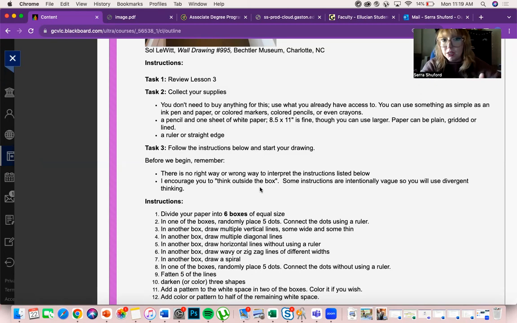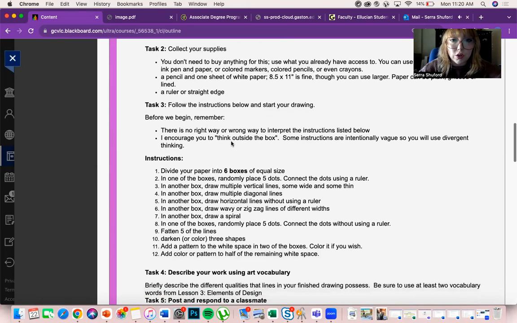And then just a pen or a pencil will be fine. And then some sort of straight edge. You can use a ruler if you have one. You could also just use the side of your notebook, whatever you want to use to make a straight edge with. And then you will follow these instructions below that I have created